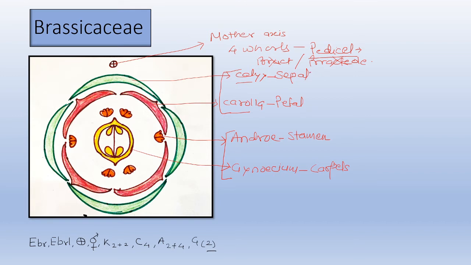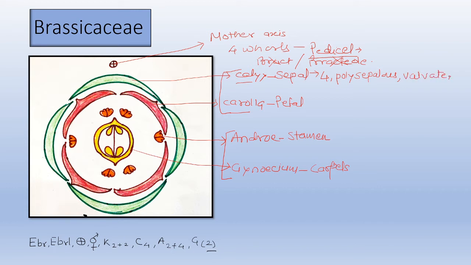So we will focus on the calyx whorl. Now we have to count the number of sepals. So first of all, count the number of sepals. Their number is 4. Then next to the number, we have to see whether they are free or fused. If they are free, we call them polysepalous. In this case, they are free, so we call them polysepalous. After that, we have to see their arrangement, that is, their estivation. Are they present in a valvate, quincuncial or imbricate manner? In this case, they are arranged in a valvate manner.